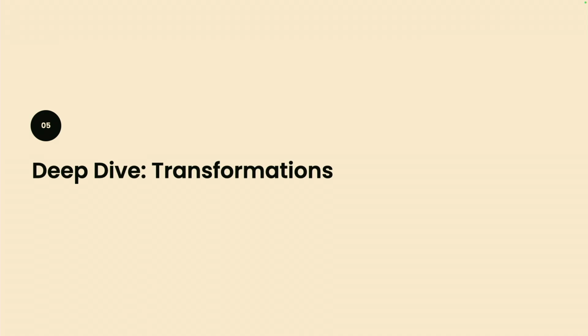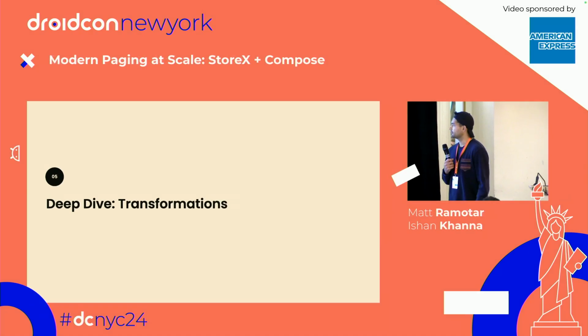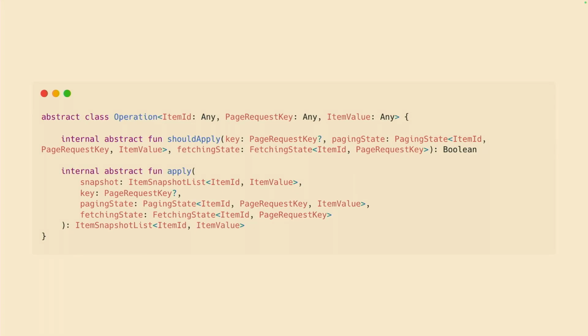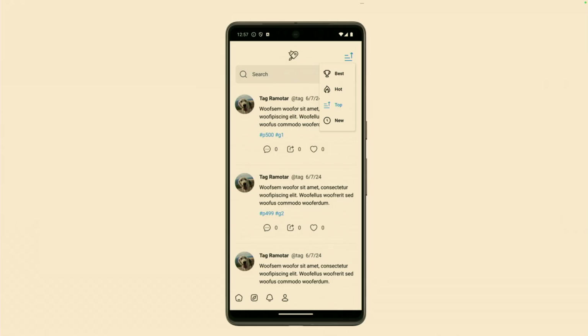Next, transformation. We have this concept of an operation pipeline. An operation is almost like a plugin, where it has an internal function for whether it should be applied, and then you apply it. An example of that would be a Reddit app, where you can sort by top, best, hot, new. The operation would be